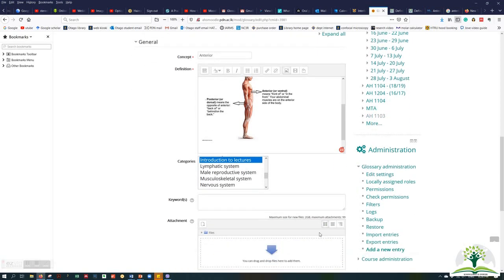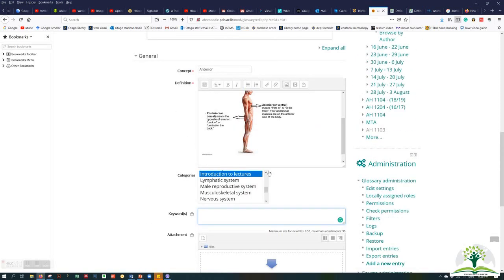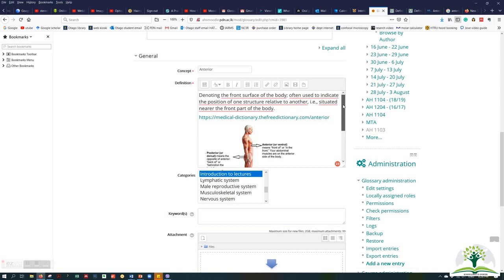And the next thing that you can do, you can enter some keywords. Keywords are helpful for you to search for the particular term. This is actually optional. If you want, you can skip this step without mentioning any keywords, because I hope you don't have any idea what the keywords are. To demonstrate, I'm going to type one or two keywords here.